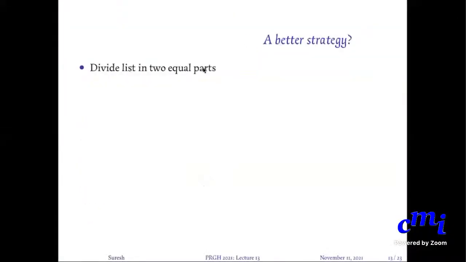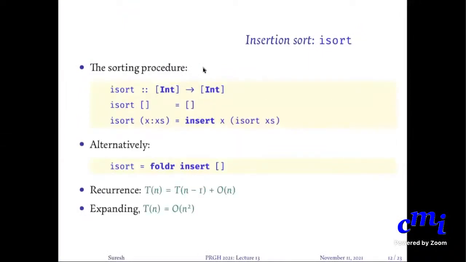Let's see. Here is something. What happens really is that you look at the recursive call. The recursive call is being made on a list whose size is almost the same as the original size. You have T of n originally, then you have to do T of n minus 1. The recursive calls you make are on lists whose size is nearly equal to the original list. So one way you can think of is to go down and make recursive calls on much smaller lists.